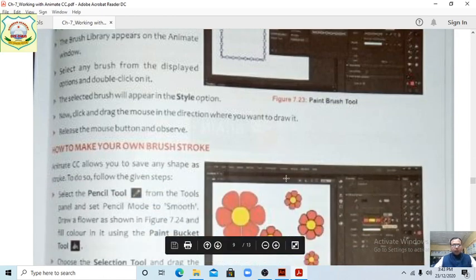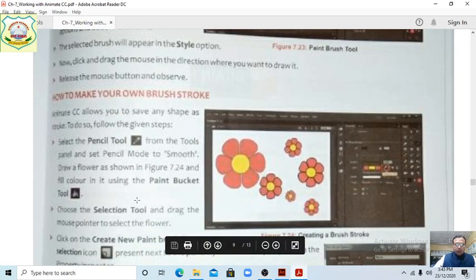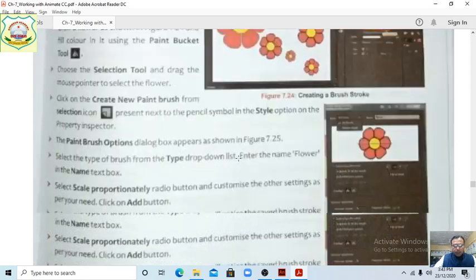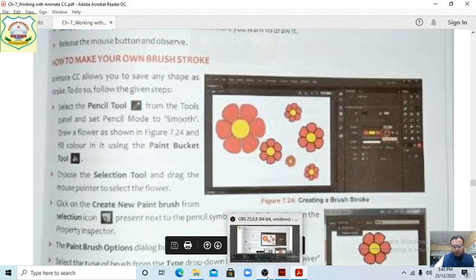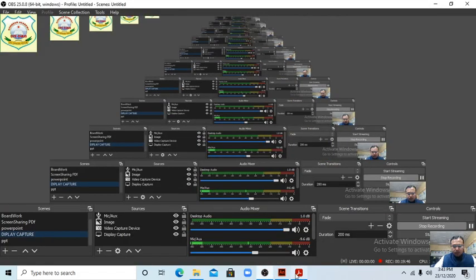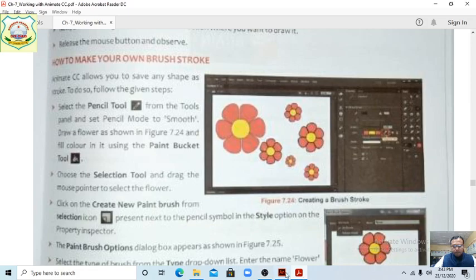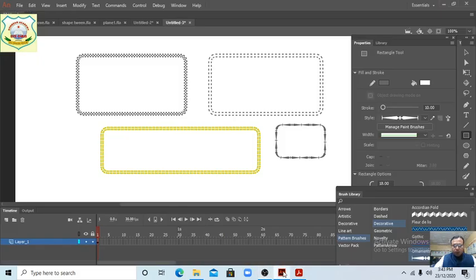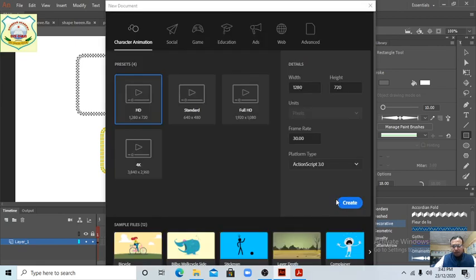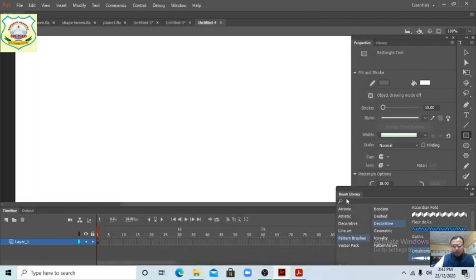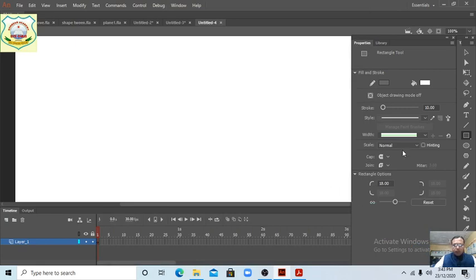How to make your own brush stroke. This one, using the pencil tool. How will we do it, students? See, I think this one is the last form. Okay, first of all, we will take a new file, create options. Okay, students, no need for this brush library, so we have closed it here. Next one is